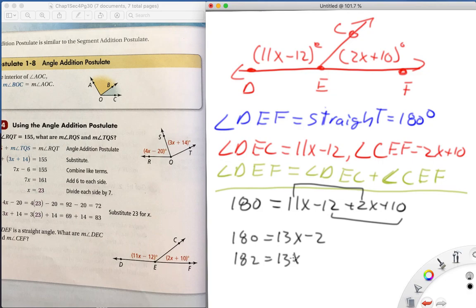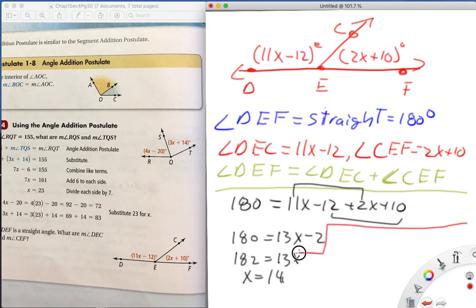I add 2 to both sides, and then by dividing by 13, I get 182 divided by 13 is 14. So x equals 14. Really? Okay, so x equals 14. But that's not what they want. Now that we have that x equals 14,